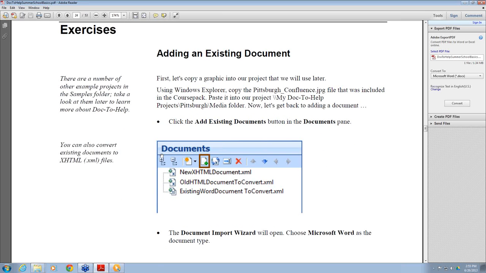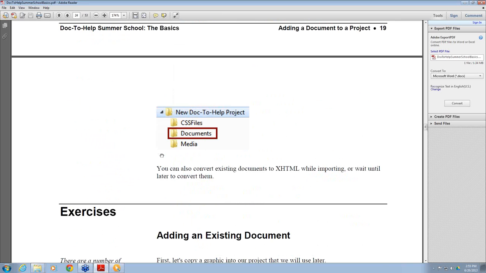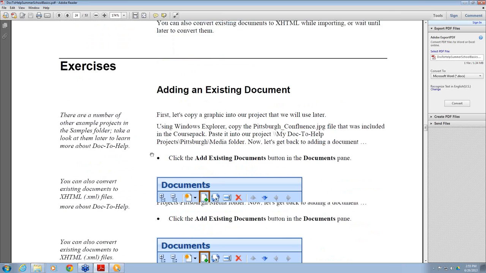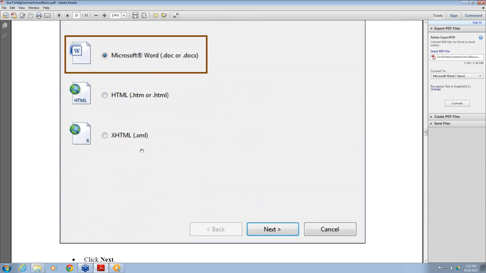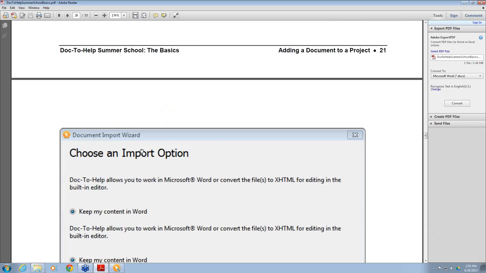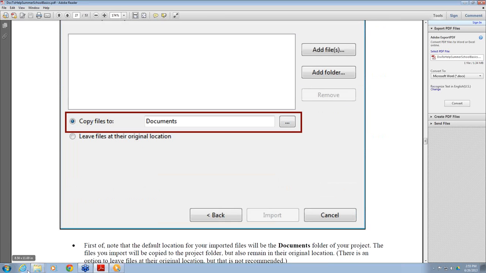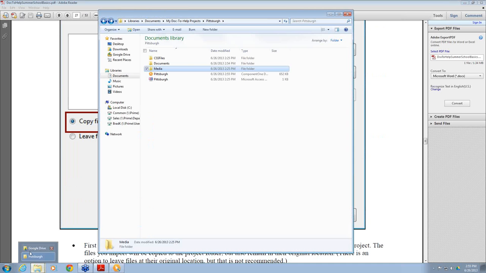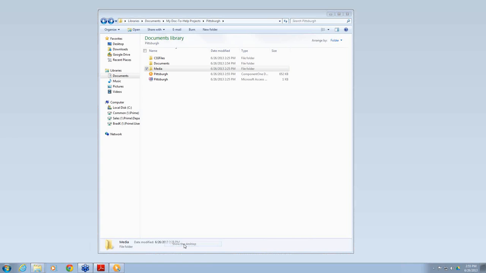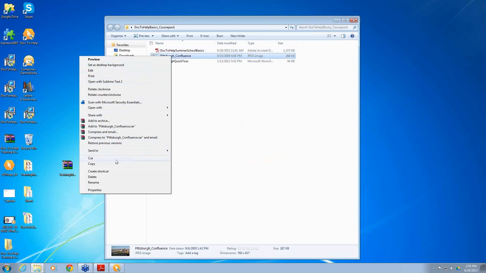And so we've got our exercise starting at about the top of page 20, adding a new document. So we're going to add a Microsoft Word document. And then they've also got an exercise where they want you to copy the JPEG file that we had in our course pack. So this is our Pittsburgh Confluence JPEG. It wants us to copy that,